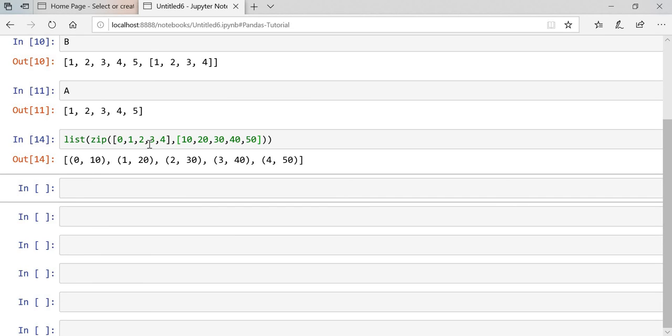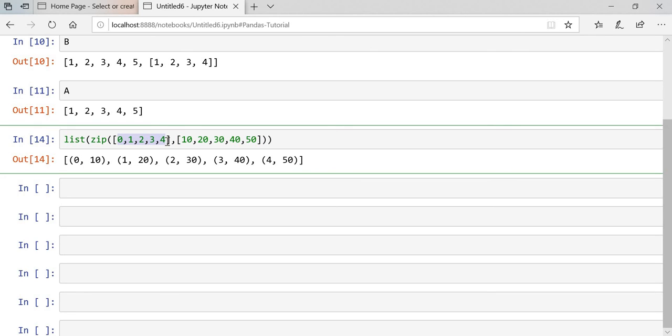So when can you use this? Say you have one list, now you have a number of lists. If you want to check the index of all your elements, in that case you can pass 0 1 2 3 4, up to the number of elements present in the list. You can pass the list as well.